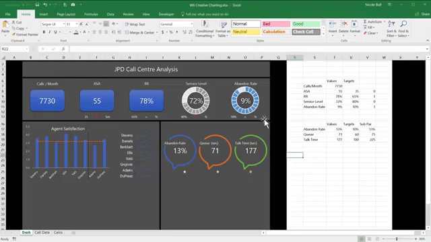The first one we're going to look at is this percentage dial, and then we're going to look at how to create a gauge chart, or a speedometer if you prefer. So let's start with looking at how we can present our resolve rate as a dial rather than a dull box. Coming back to our calcs,